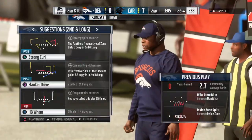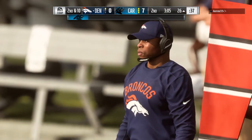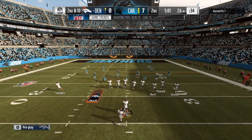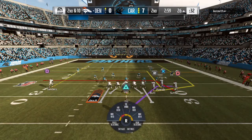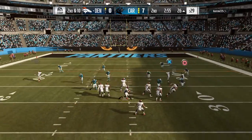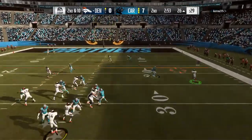And he stopped immediately there. Stop made there by Julius Peppers. I don't think any of us were surprised that they decided to start this drive on the ground after the last 2 drives ended in interceptions. Unfortunately, though, not a lot going on that first play. Yeah, I think the anticipation was...